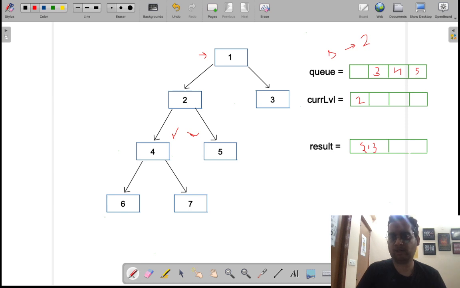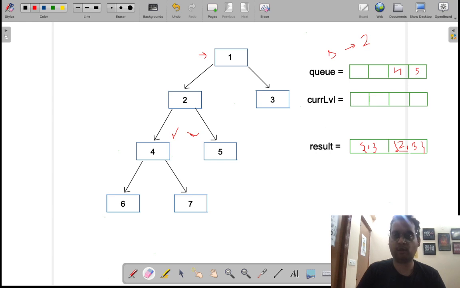Then we go to the next, pop 3 from here; its left and right children are null, so nothing will be added, and 3 will be added into the current list. At the end 2 and 3 will be added into the resultant list, and this will be the output. The current list will be initialized again to empty for the next level.